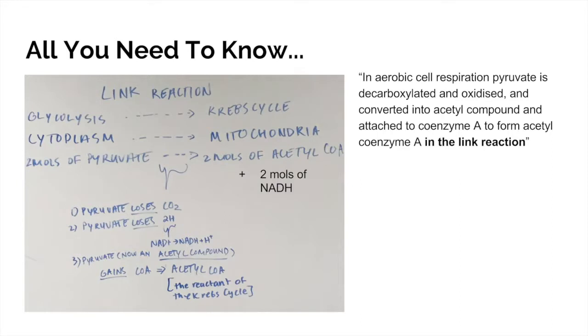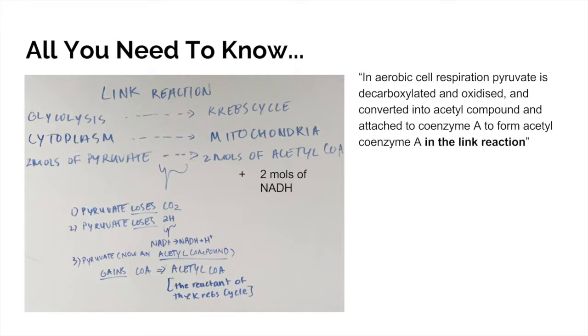So the link reaction, the only learning outcome related to this is that you need to know that pyruvate is being converted into acetyl coenzyme A through a series of reactions. So in order to remember the link reaction big picture, just think it's linking glycolysis to the Krebs cycle. It's changing the location. So it's linking the cytoplasm, and you're going into the mitochondria now, where the next aerobic